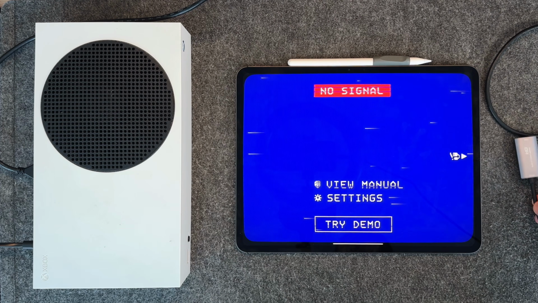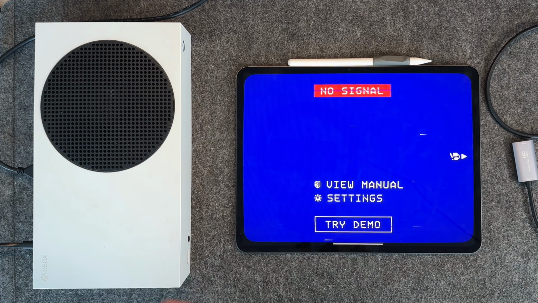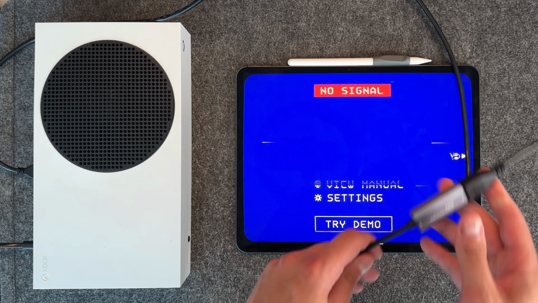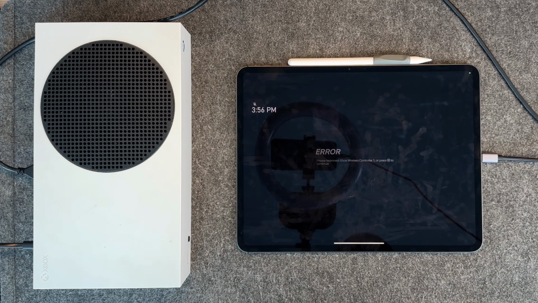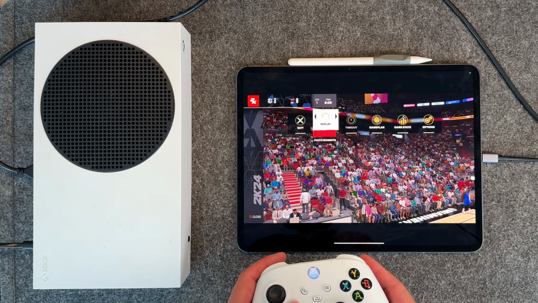But now that you have the capture card, you have the application, you have your Xbox turned on, the next thing you're going to do is very, very simple. You're going to grab your HDMI cable that's connected to the Xbox itself, plug it into the capture card, and then plug the USB-C end into the iPad. And then you can see that right away it is bringing me into a game that I already had. I'm going to turn on my controller, and it's going to show it to me exactly. I'm going to press start, and then you can see